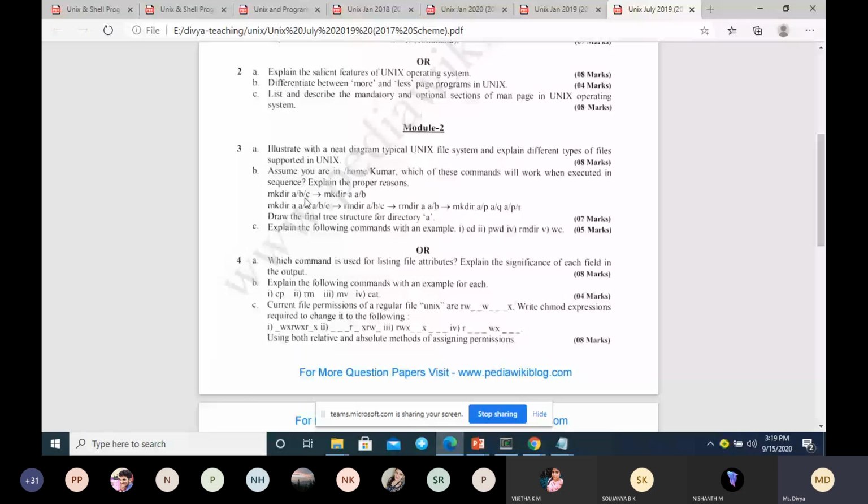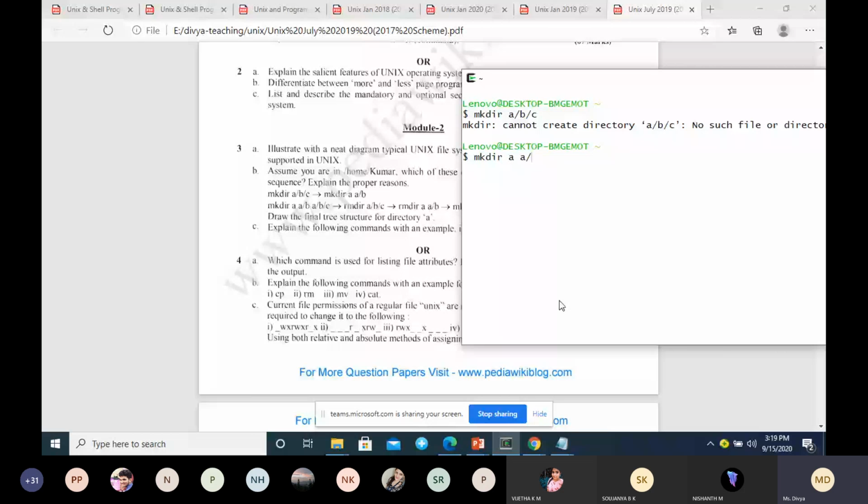Next one is mkdir a, with the space, a/b. Whether this is going to work? Please answer.